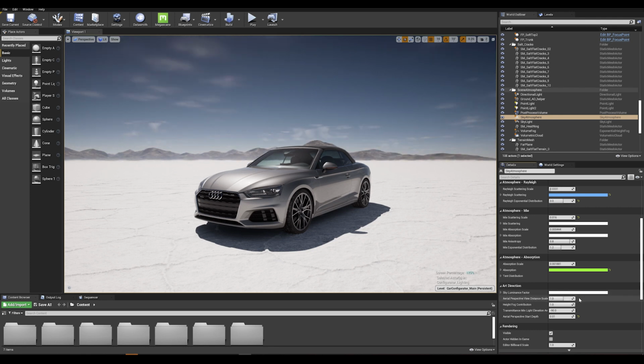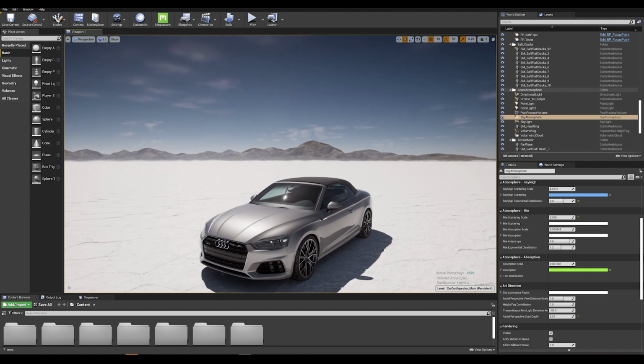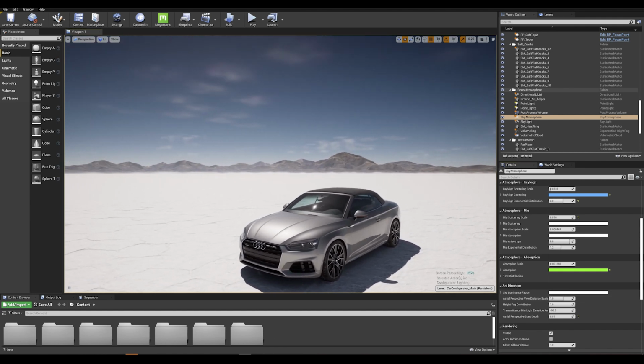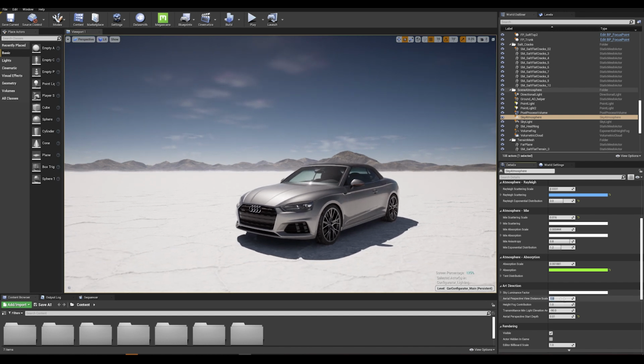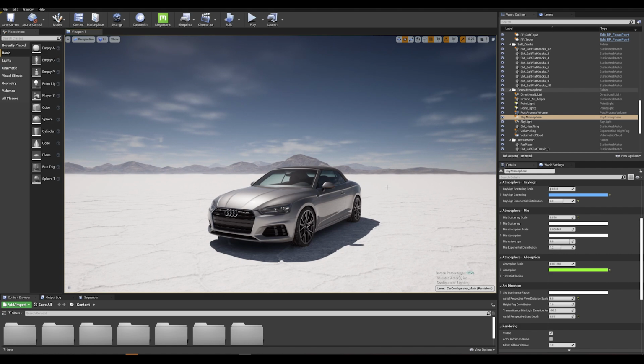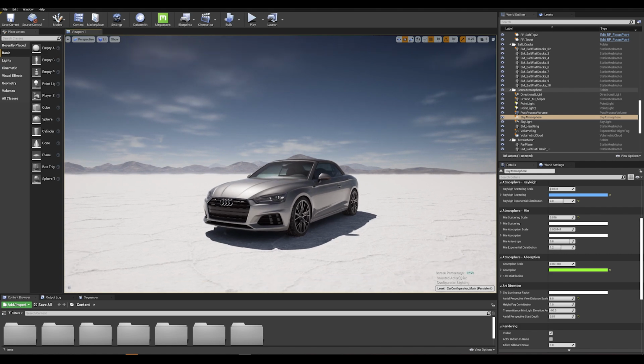By default, it is set to 1, and we do lose a bit of haze and depth in the background here. So if I put that back to 10, for example, we get a bit more haze and depth. We can lower this to a lower value, and you can play around with this. But it is a very nice feature that adds realism to our sky.